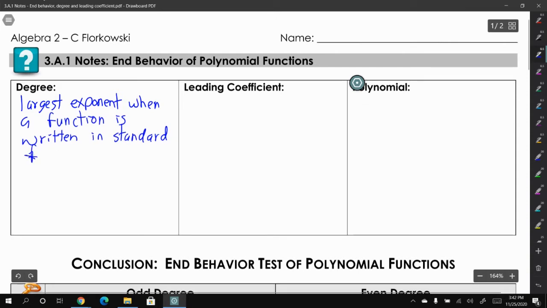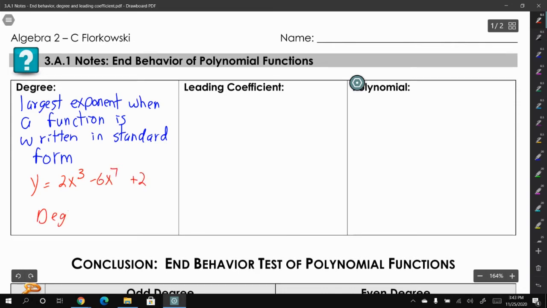Okay, so then remember, standard form is when you multiply out any of your parentheses that you may have, or anything like that, and then you also combine your like terms. So you can't simplify it any further. That's standard form. So if we had y equals 2x to the third minus 6x to the seventh plus 2,